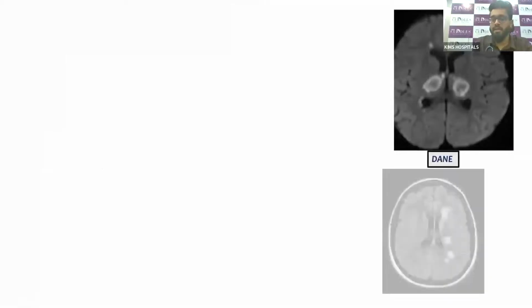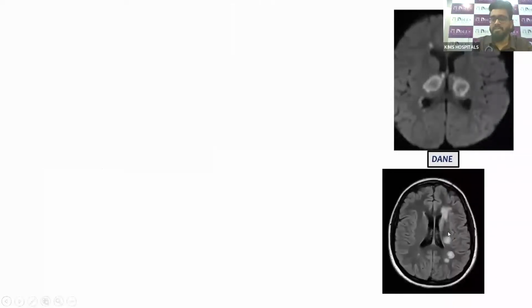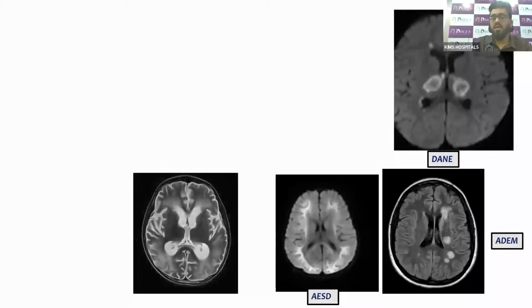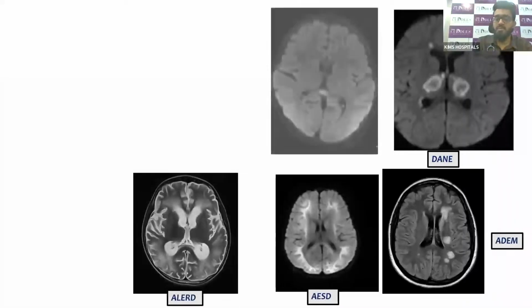The first case is a very typical bilateral thalamic involvement. This is a case of ANE secondary to dengue. This is a case of ADEM. We have fluffy asymmetric shadows in the corticomedullary junction. You have a very typical ADEM. And then you have a very devastating image. It's called acute encephalopathy with biphasic seizures and late diffusion restriction. Another similar condition is called ALERT, that is, acute leukoencephalopathy with restricted diffusion.